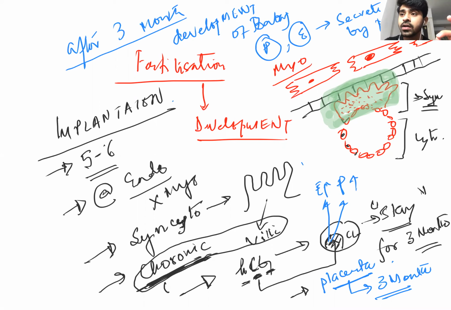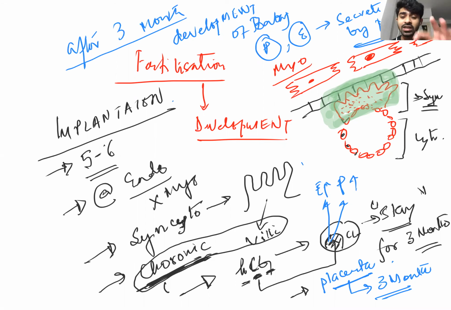It will be placenta, when the placenta is matured, I mean after 3 months. So before 3 months, corpus luteum will perform this responsibility, that yes, I will secrete the estrogen and progesterone to support the growth of the baby. But after the 3 months, I will not support, rather I will degenerate like a normal non-pregnant lady. After 3 months, placenta gets ready. I have to hand over my duty to you to secrete estrogen and progesterone. Are you getting my points? Each and every bit of MCQ we have discussed from the placenta.